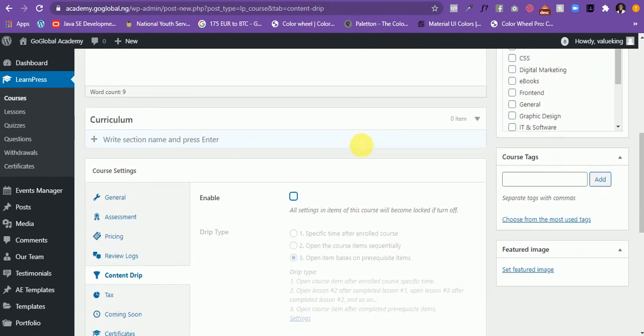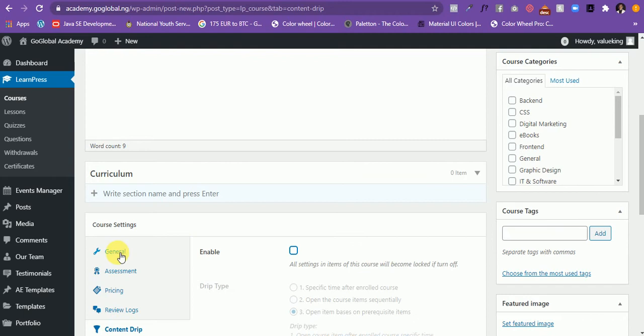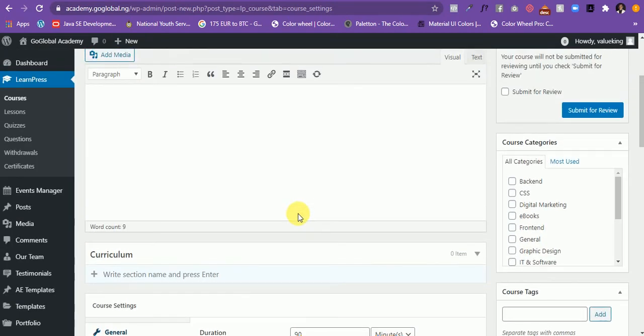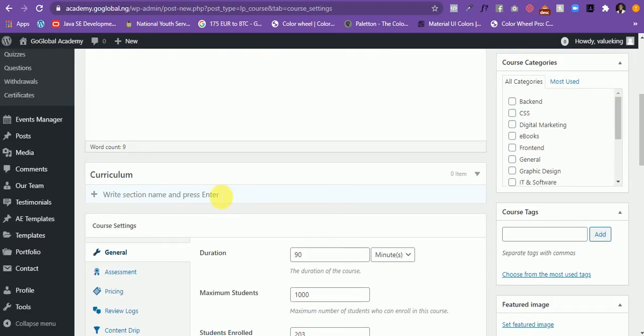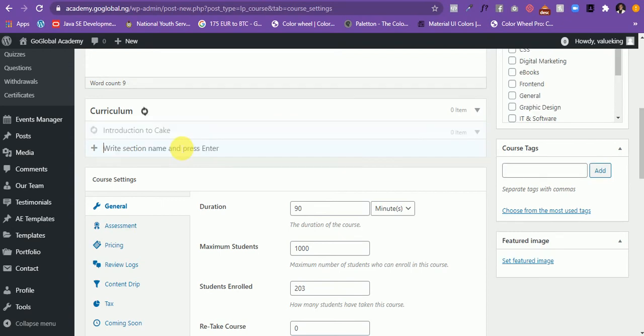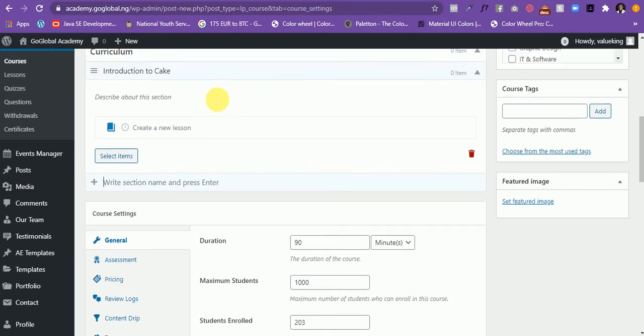All right, now one of the most important things to do, okay, we've done that, is this is where you now put your course. So this is where you put your course. So let's say this is the curriculum, so you say course introduction to cake. All right, so you just click on enter, just tap enter on your computer. All right, so that is created. That's the first